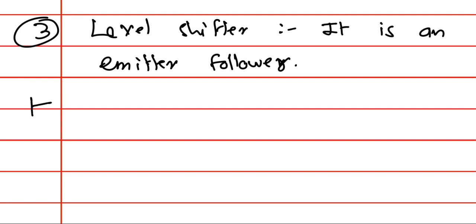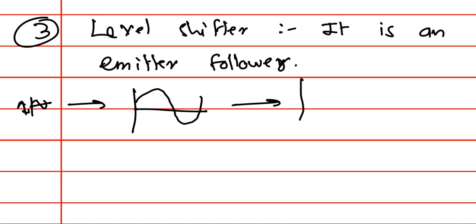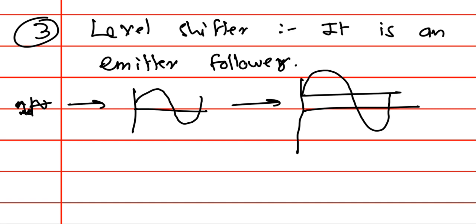So this is your input signal, the peak to peak input signal. Now it is given to the input stage. After the input stage we will have the amplified input signal. Again it is given to the intermediate stage, so again we have the amplified input signal. Now see what is happening. This is your peak to peak input signal, AC signal. It is getting amplified here, and again it is getting amplified after passing through the intermediate stage.